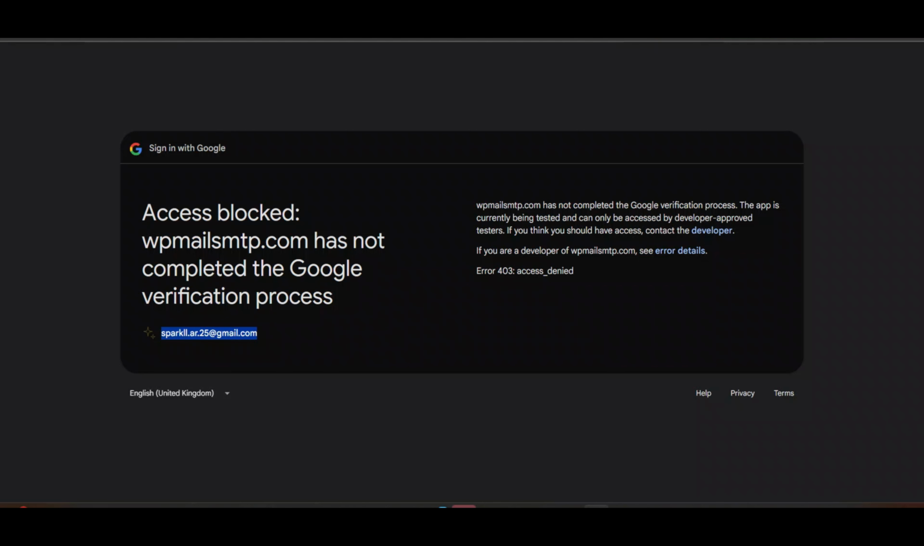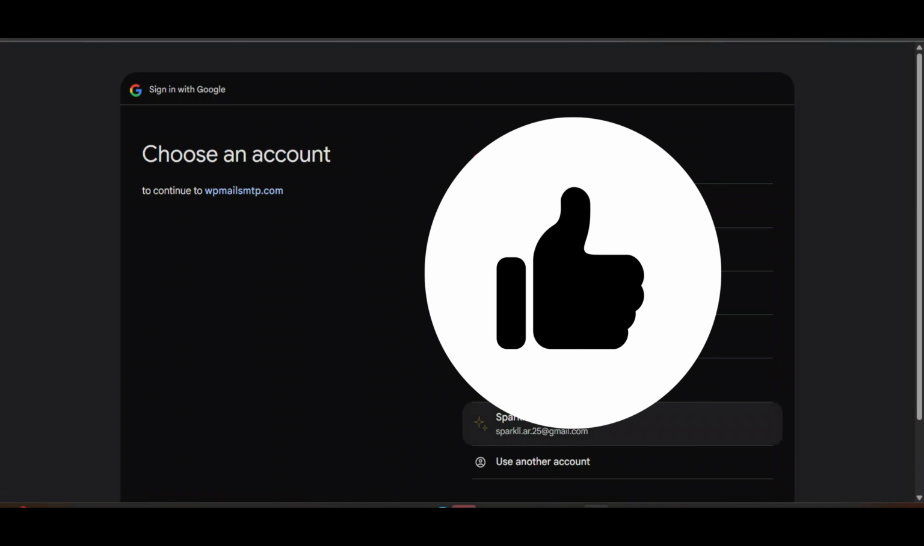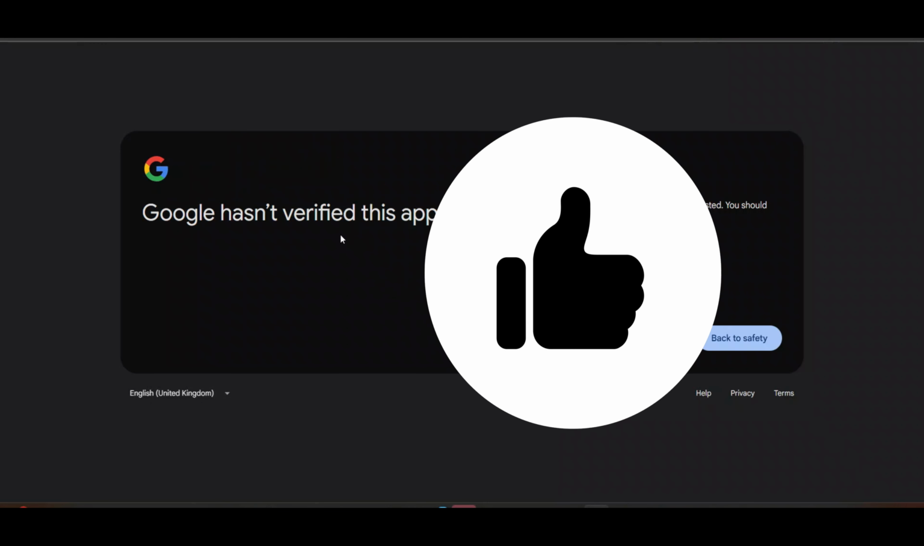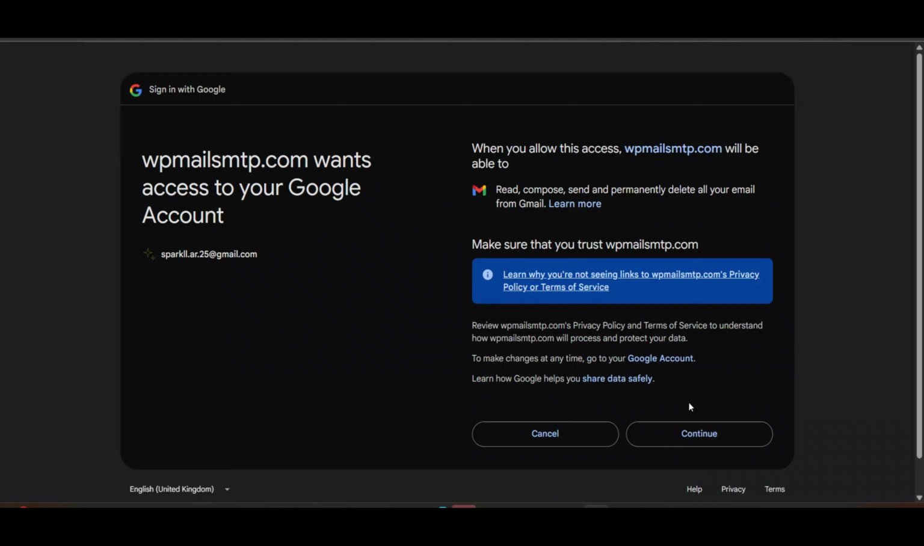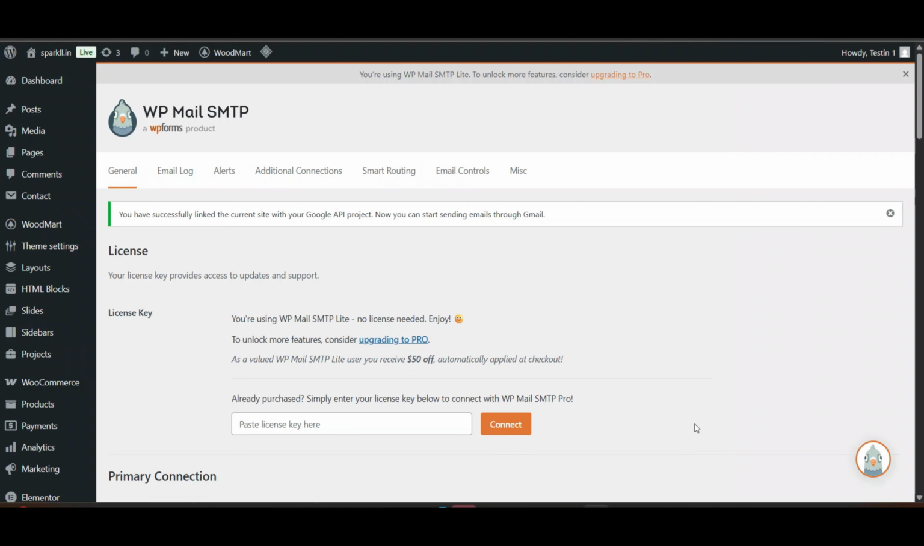Now just go back and try to validate again. Here, now you will see you need to allow it, then it will work. So click on continue, continue, allow access. Now your WP SMTP has been successfully set up. Now email can be sent easily and there will be no